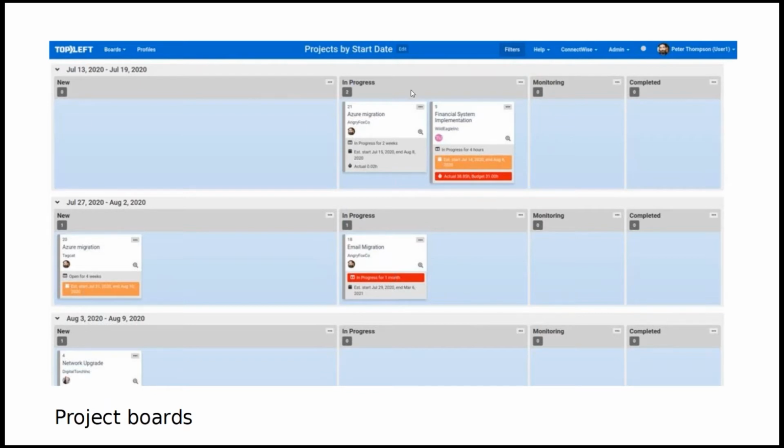This one is actually an example of the swim lanes showing it by the start date. So you can see the difference between a week where you're only planning to start one project, which might be reasonable, versus a week where maybe you've made a mistake and you've accidentally scheduled 6 projects to start in that 1 week, and that's not realistic for your team. But it makes it visual. Now you can see that, you can fix that.